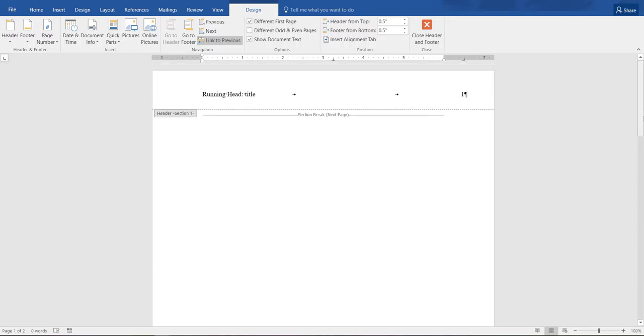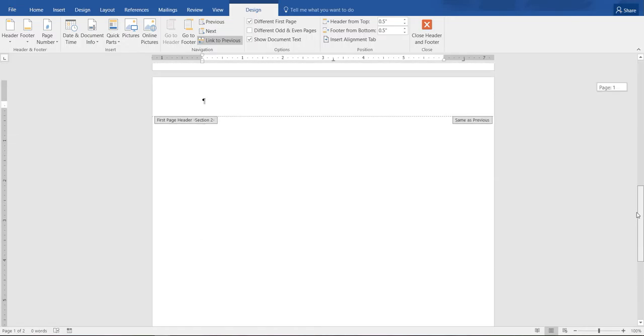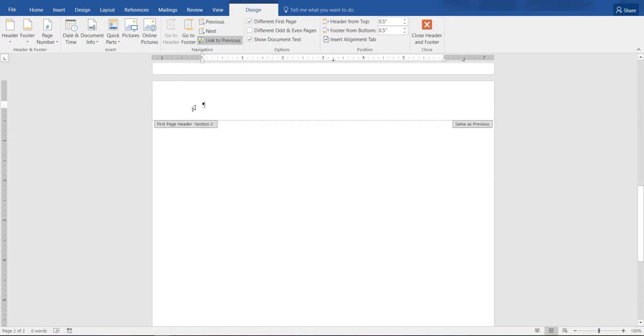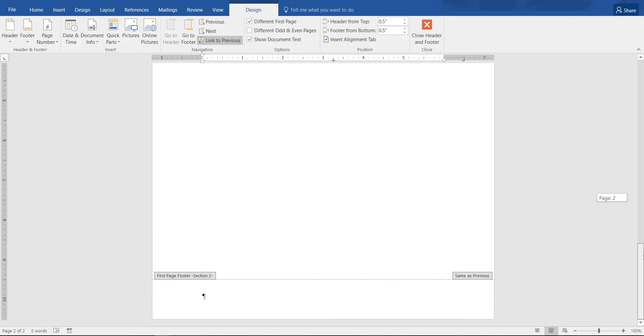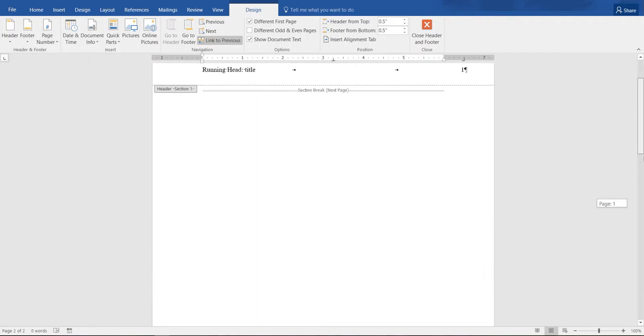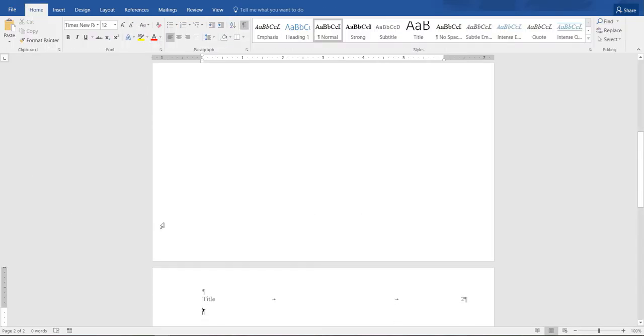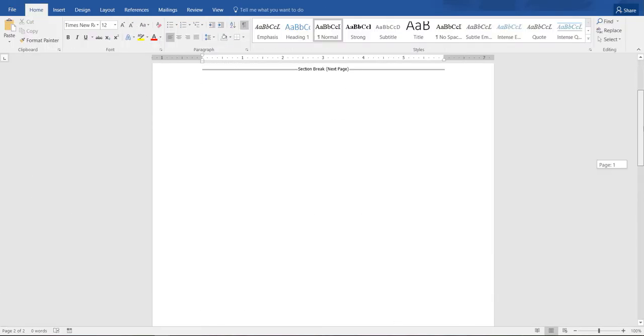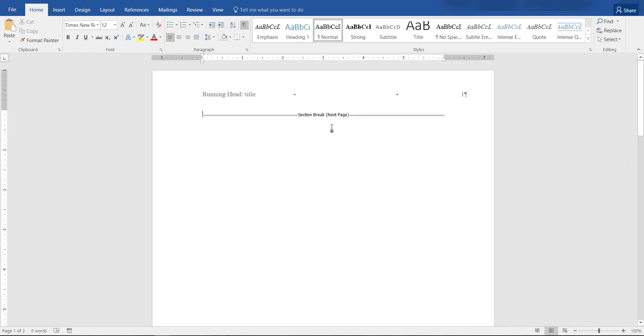So we have running head there, but on the second page, and all the others, on the next one, you're just going to type the title, and you're going to tab over, put your page number in, and you'll see that it didn't change the way it looks. So that's how you do it. So before you add the title, make sure you have 2 pages. All right, now let's go back to our